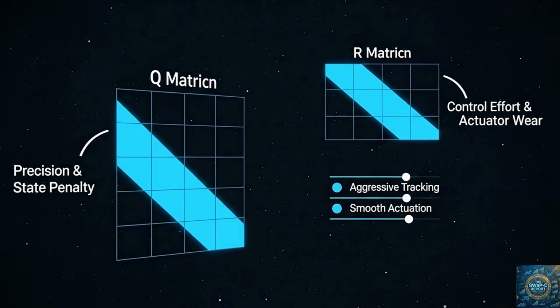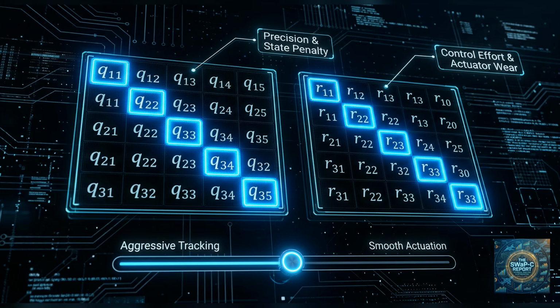They grant the control engineer the precise mathematical authority to rigorously balance the trade-off between tracking accuracy and actuator control effort. For a high-speed UAV, you might assign a massive value in the Q matrix to the pitch deviation state, guaranteeing incredibly tight altitude tracking during a low-level pass. Simultaneously, you can assign a large value in the R matrix to the elevator control input, heavily penalizing excessive movement to prevent structural vibration, prevent actuator saturation, and minimize battery drain.